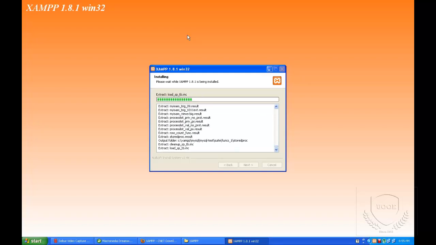It may take another couple of minutes, like 5 to 10 minutes. So we can say that installation of XAMPP is a matter of 4 to 5 steps: run and yes, next, next, next.